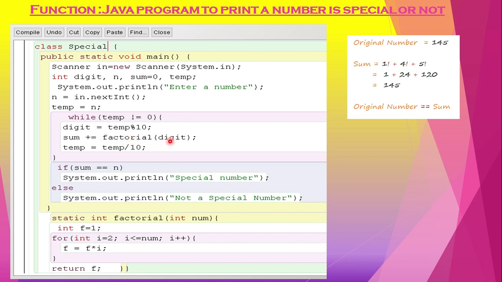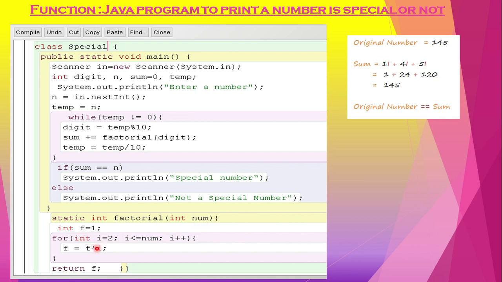The digit means the last digit that I have extracted. The last digit will be sent from here to here for checking the factorial. See, this is a function call statement. So the last digit, that is 5, will be sent over here. 5 will be copied to this place.